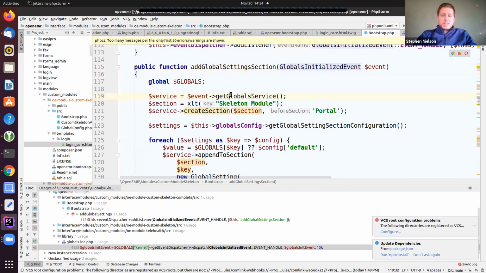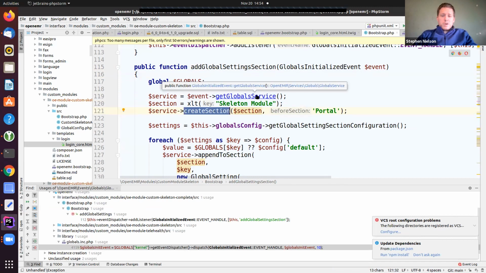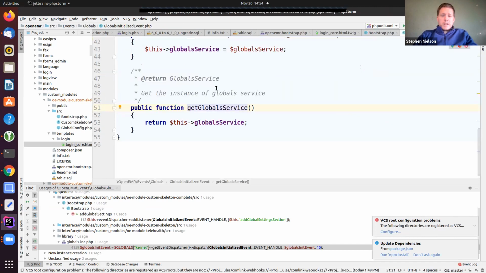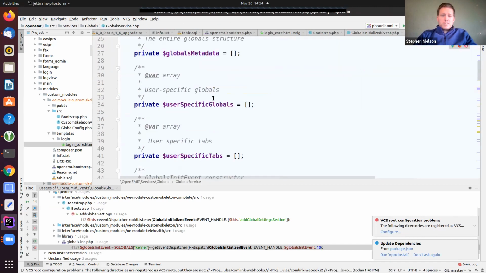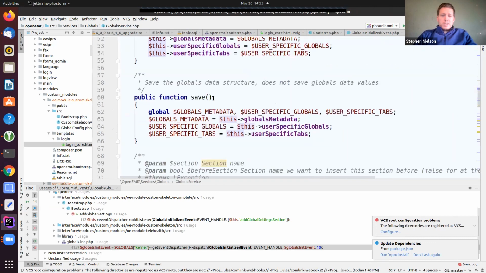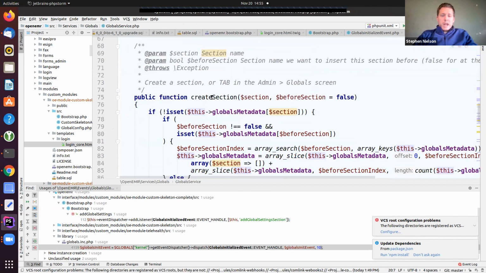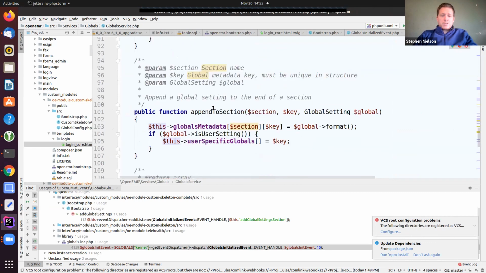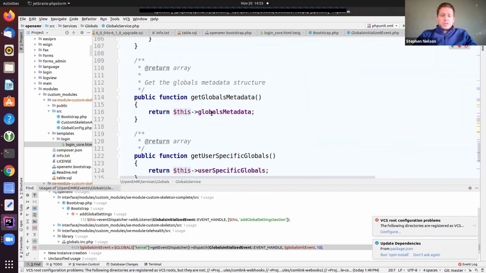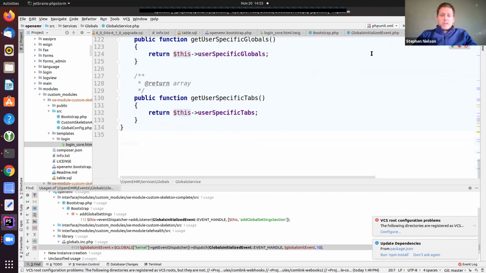So I get the event, I grab the global service event object from that event, and I'm going to create a section. So if you look at it, you want to know what methods are available in global services. You can see that global services has a save method. It has a create section for being able to add globals, append a section, get the metadata and other pieces like that.